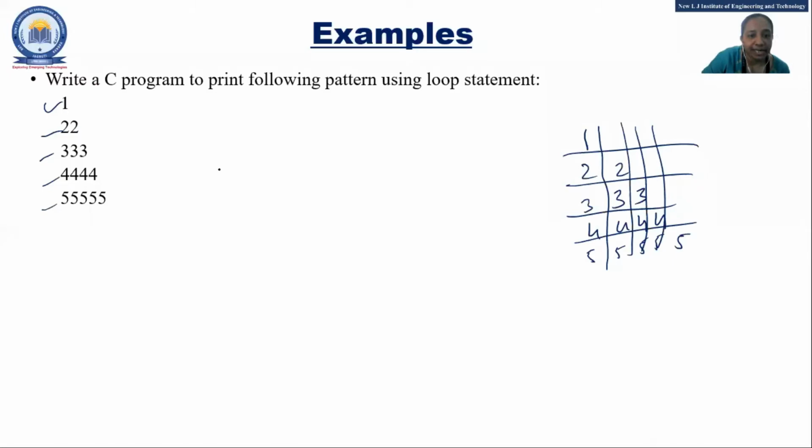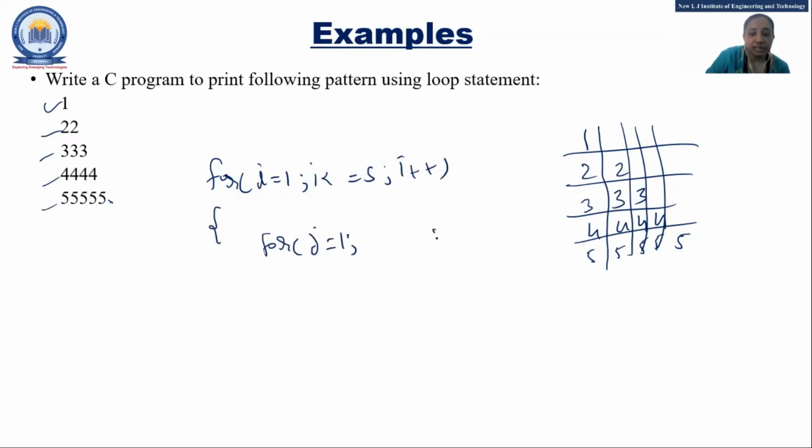Fine. So I'll write a for loop again, up to 5 only: i equal to 1, i less than or equal to 5, i plus plus. Now for the column, j equal to 1, j plus plus is there. Now what should be the condition here that we need to decide?